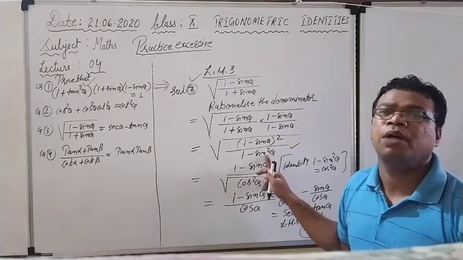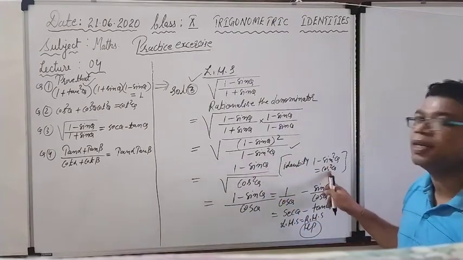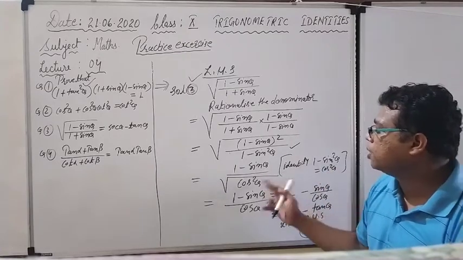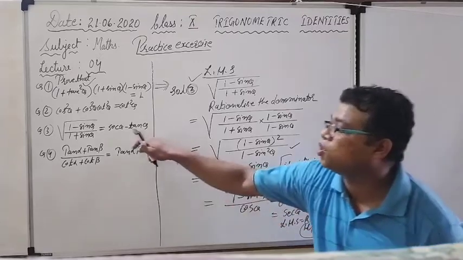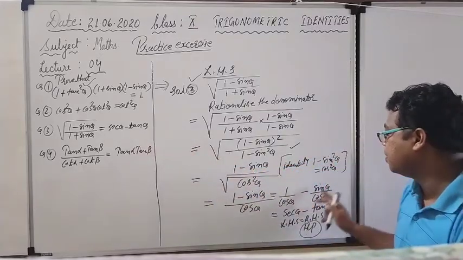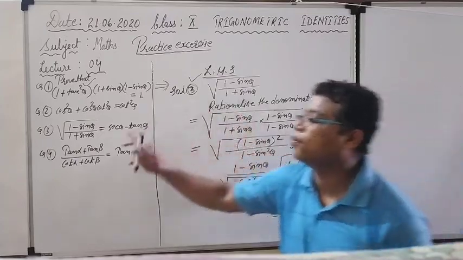Right now you have to come to the identity side. So 1 minus sin square theta is representing another square, that is cos square theta. So cos square theta is also coming out from the square root. And after that, separating according to the situation, we have to separate out 1 upon cos theta minus sin theta upon cos theta. It is giving me sec theta, it is giving me tan theta, that we have to prove.